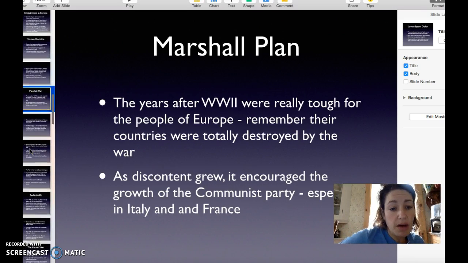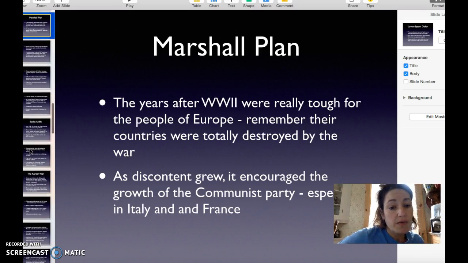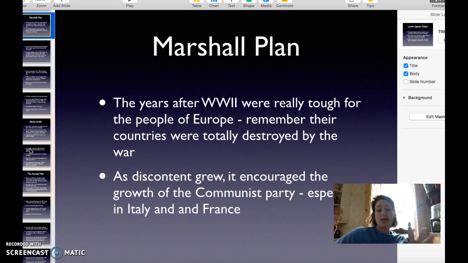So next they come up with the Marshall Plan. The years after World War II were really tough for people of Europe, right? So keep in mind, like after World War I, their countries are totally destroyed by the war. And as discontent grows, this is how communism and the growth of the Communist Party is going to seep in. If you're unhappy with your country, if you're unhappy with your government, if you're not making a living,